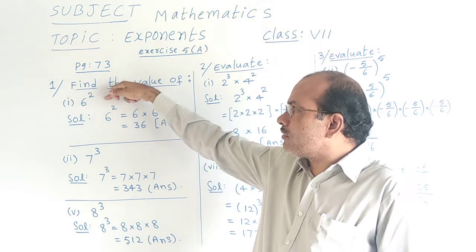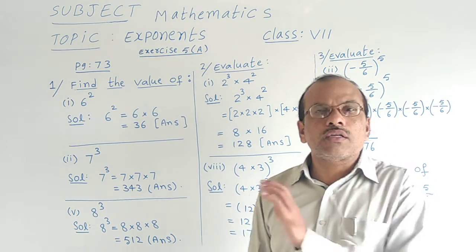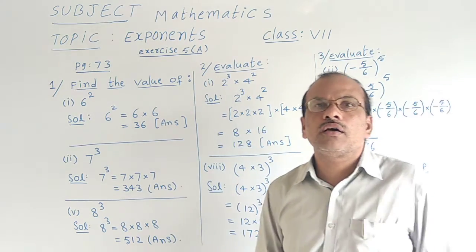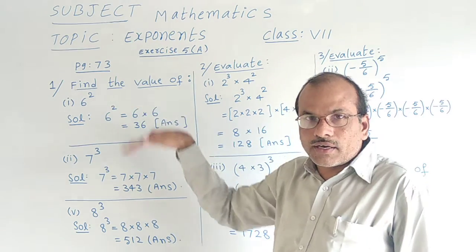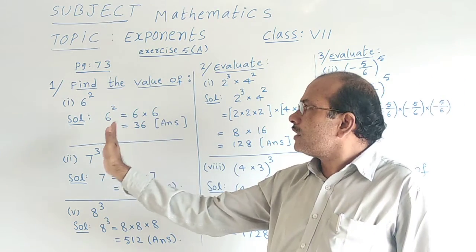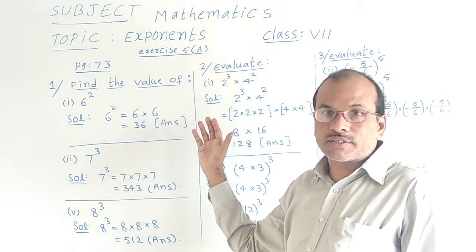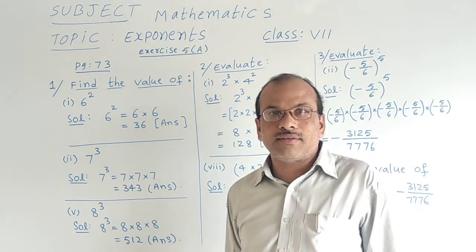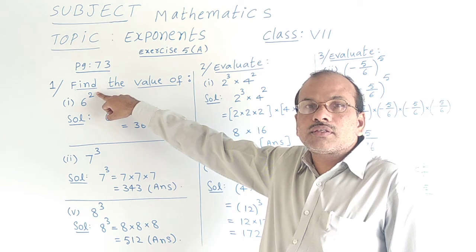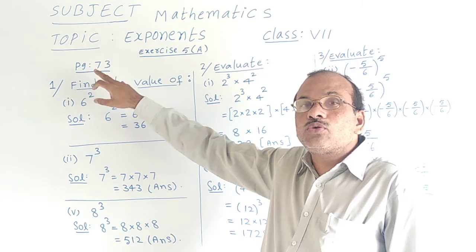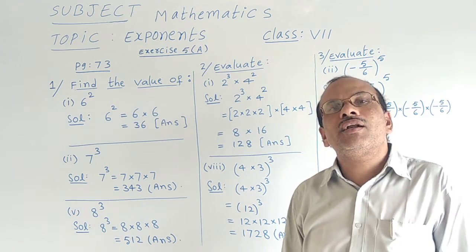Here is the number given. First question, first bit, 6 square. A little concept also I want to give you based on this chapter and this exercise. Here 6 is written down, and that 2 is written a little cross, not exactly above 6, not beside the 6, but somewhat crossly. So this is 2. We can also call it 6 is raised to the number 2, otherwise 6 to the power 2.